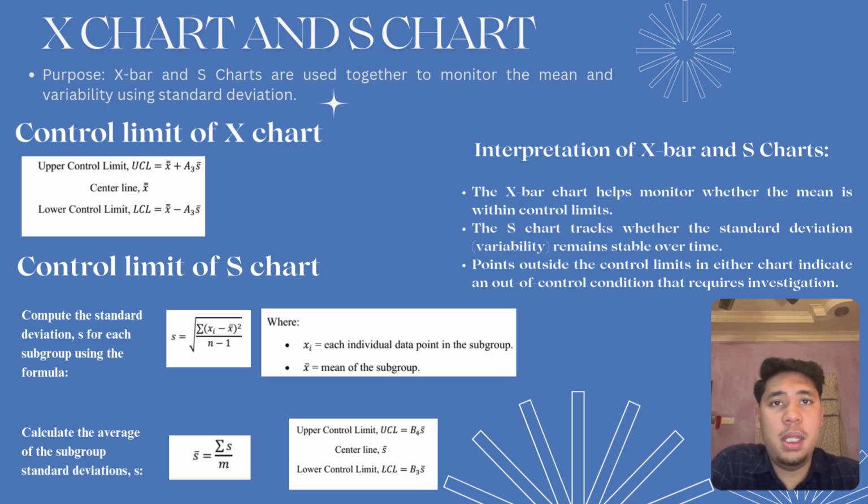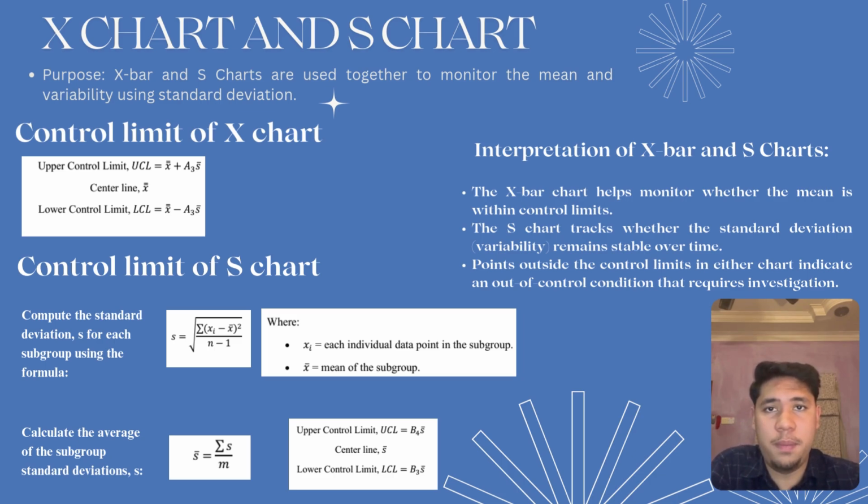For the upper control limit, S-bar plus A3 multiplied with S-bar. The lower control limit is S-bar minus A3 multiplied with S-bar. The central line is S-bar. These control limits help us understand if the process mean is within acceptable bounds or if there are any shifts or trends. Next, let's explore the S-chart, which is used to monitor the variability of the process, especially through the